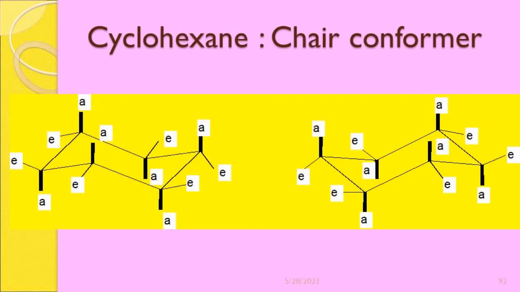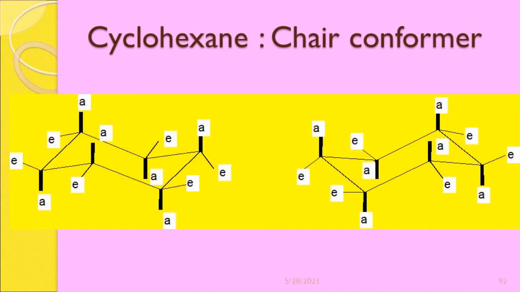Dear friends, in this video we are going to learn how to draw the different conformational isomers of cyclohexane. We know very well cyclohexane is present in chair, boat, half boat and twisted boat form. Further, most of the molecules of cyclohexane are present in the chair form, and it is found to be very difficult to present or to draw the chair form of cyclohexane.